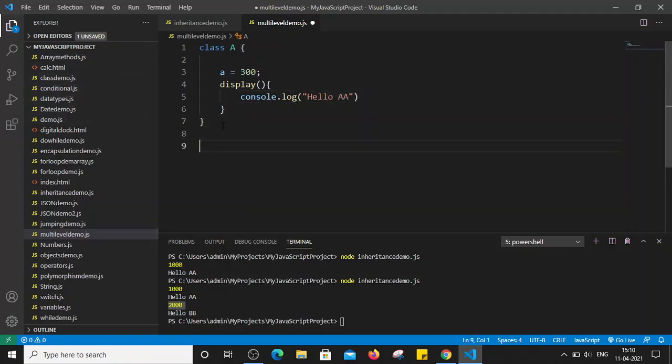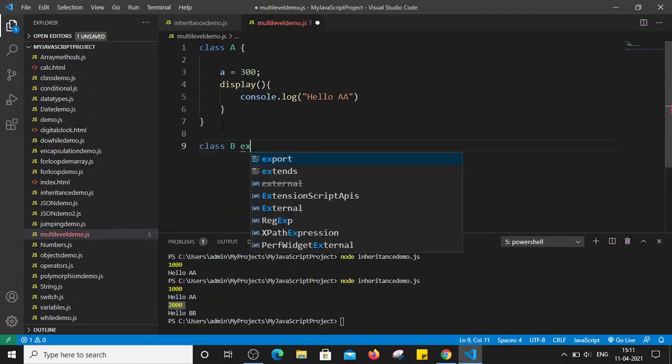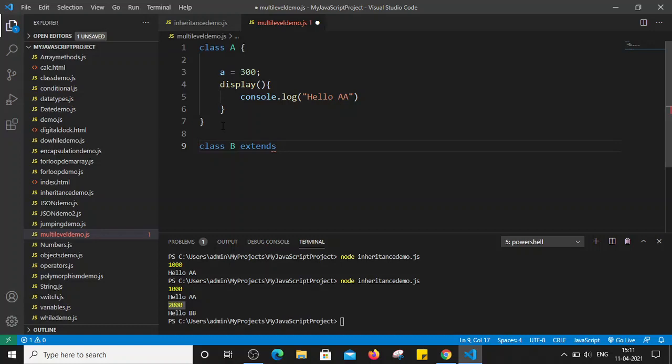Now let's create one more class, class b, that extends a. Basically we are going to make class b a child of class a. So what is multi-level inheritance? Class b extends a, and in class b let's define one variable, b is equal to 400, and this class will also have one method, let's say the show method.